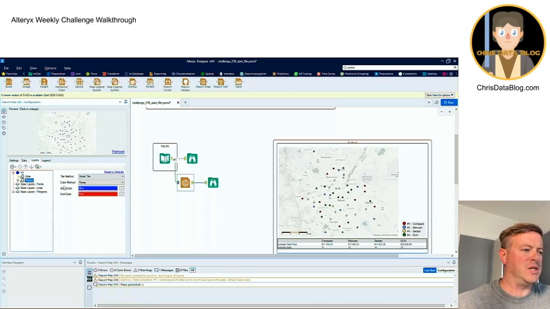Theme, we want to change this from smart tile to unique value, and also change it to map to get the colors. And what we'll see, if we click on run now,